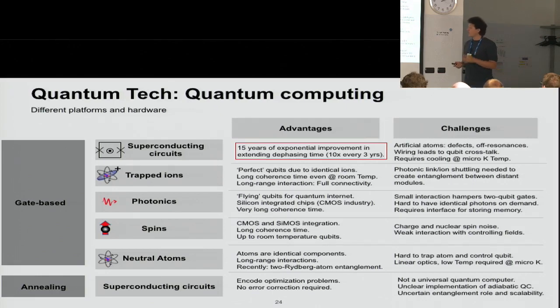And to be fair, superconducting circuits have really witnessed exponential improvement in their implementation as a platform for quantum information and quantum computing, as well as quantum simulation. But as I mentioned before, there is a broad range of platforms that can be looked at. And without going into details now, maybe one can review these slides, but each system currently has some advantages and disadvantages, such as integration with CMOS technologies.